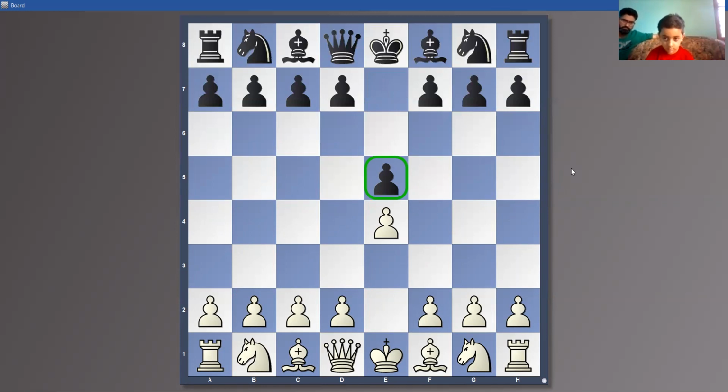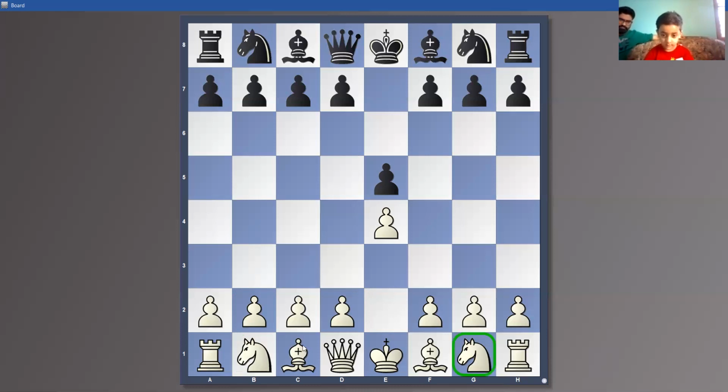Now tell me which piece you want to move. Then I will ask you which piece it is. I will show you with the highlight. Knight. This knight or this knight? This is G knight, this is B knight. G knight. Okay, very good.